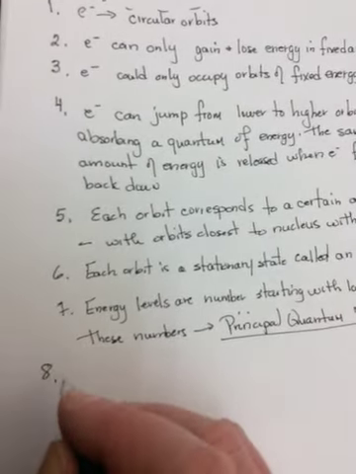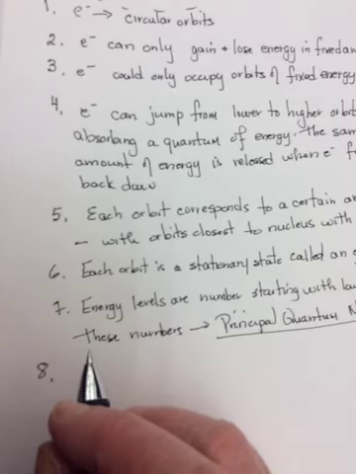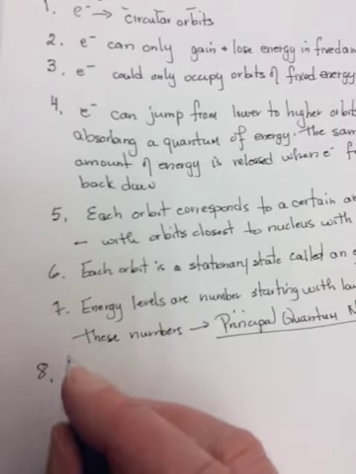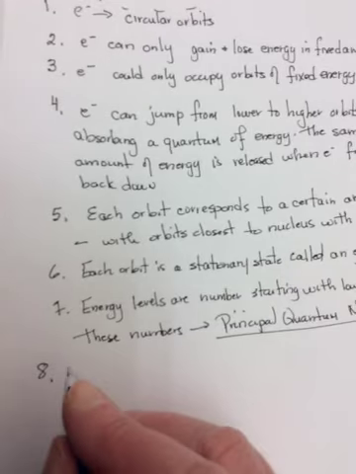His number 8 assumption, or proposal, is that when an electron is in its lowest state, and remember he was doing this for hydrogen, so for hydrogen, it'd be in the